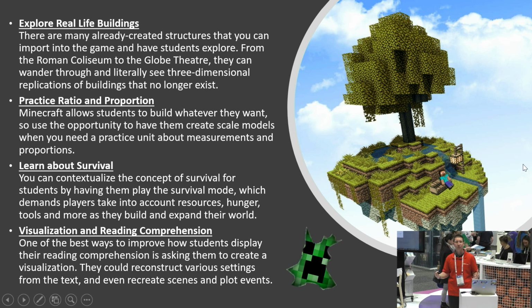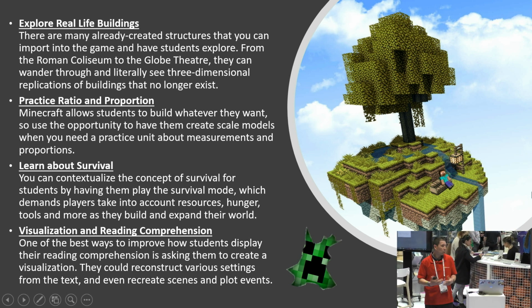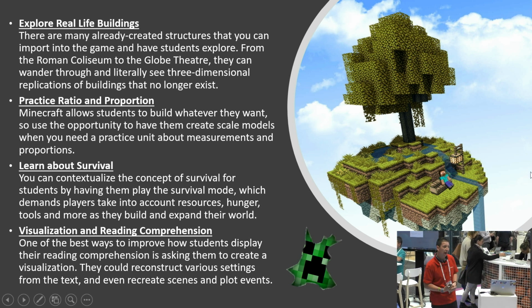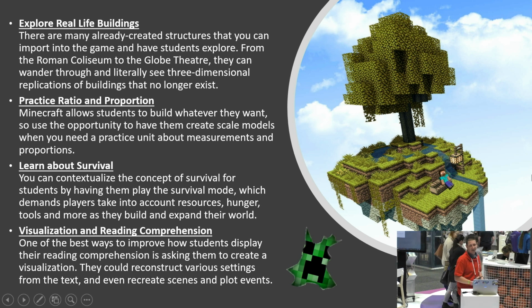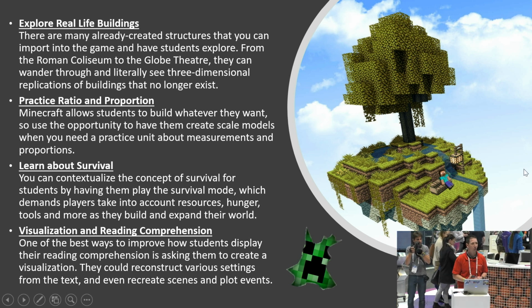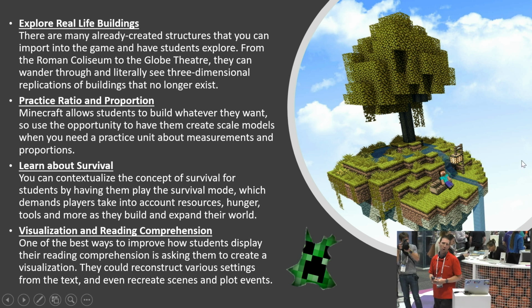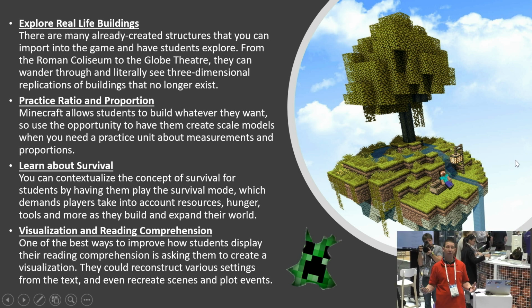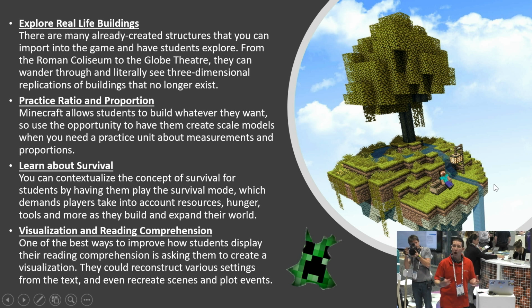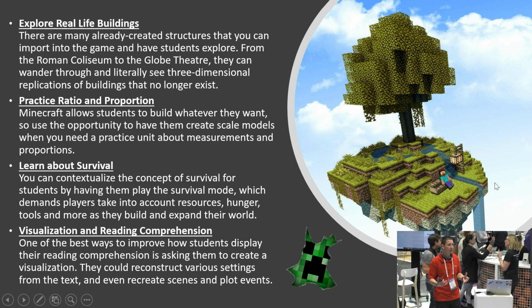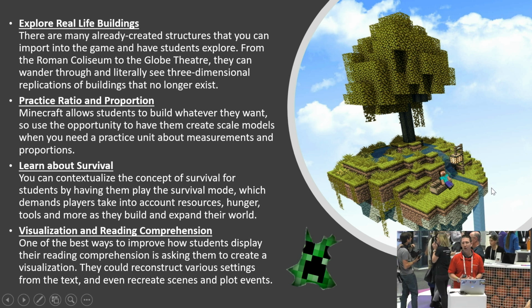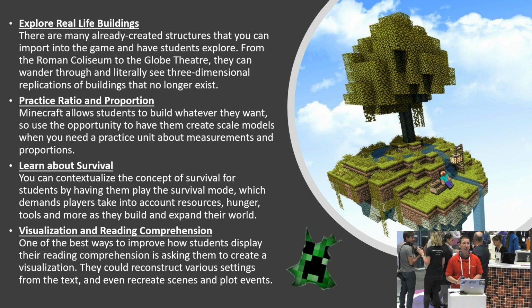Next, learn about survival. This one's great if you want to simulate what it's like to go and explore an exoplanet, for example. We can see that we're slowly diving into planetary exploration. We've got the Curiosity rover on Mars. This turns on health, food and water and elements of survival. Students may have to get together as a community and work out how to make a sustainable habitat on another planet. Unlike creative mode where you're invincible and can fly around the planet, this brings some real world elements into it so you can make some great simulations.